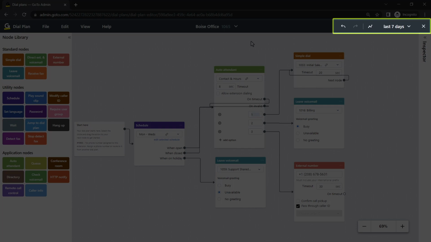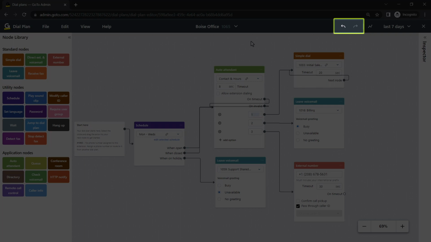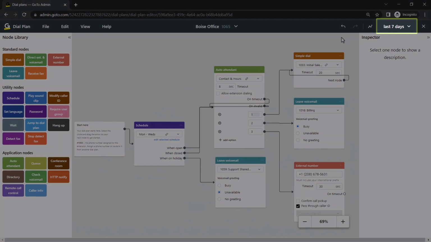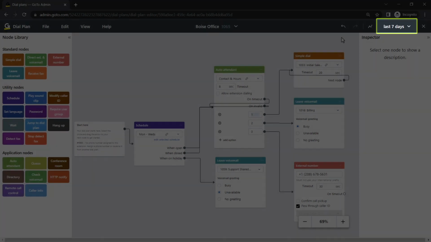As one final thing, let's talk about the options in the top right corner of the header. The undo and redo changes work similarly to options like in a word processor, where you can step back or change some of your previous actions. Specify the desired date range and use the inspector mode to see how well a specified node performs.